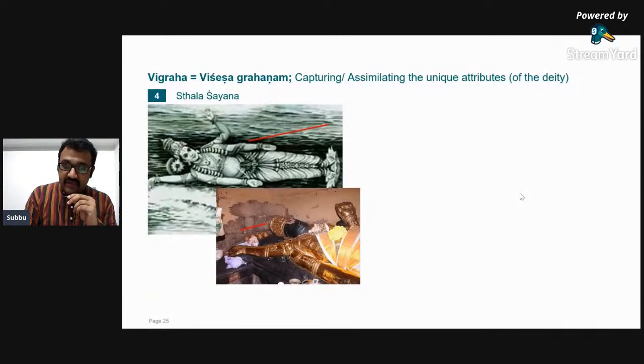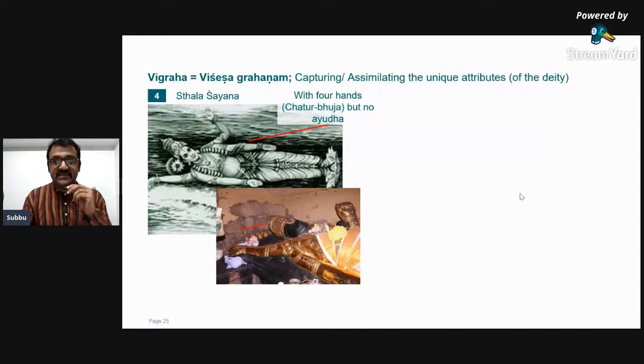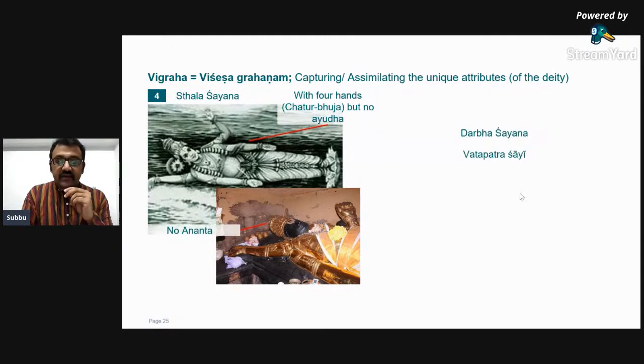This is the Stalashayana Perumal. Now there is no Bhujangam. There is no Ananta on whom he is lying. Until now, we saw all the forms of Vishnu who is lying on Ananta. Now, this is no more lying on Ananta. He is just lying across on the floor or across with a particular armrest. He has got 4 arms, Chaturbhujam, but there is no Ayudham. He is just with 4 hands, with no specific Ayudham or weapons. And no Ananta. The other forms of the Lord are Darbashayana Perumal, who is lying on Darba, in Tirupullani, which is